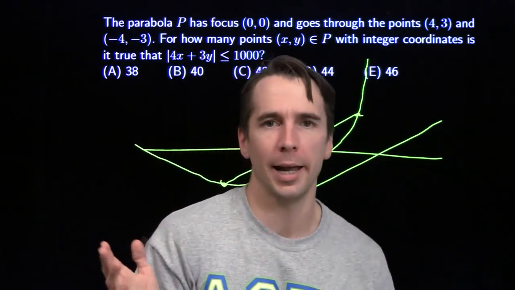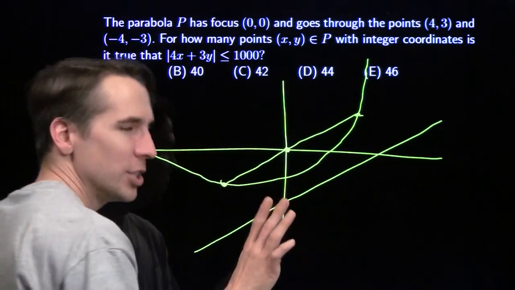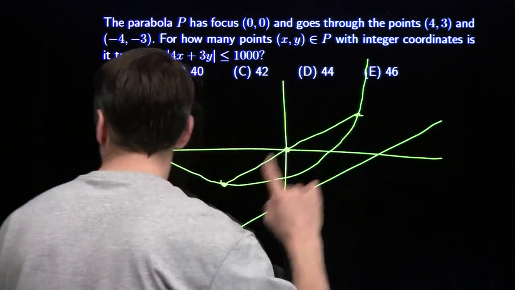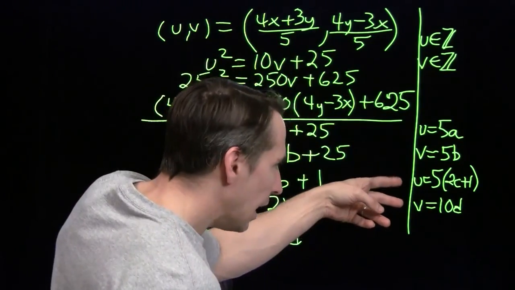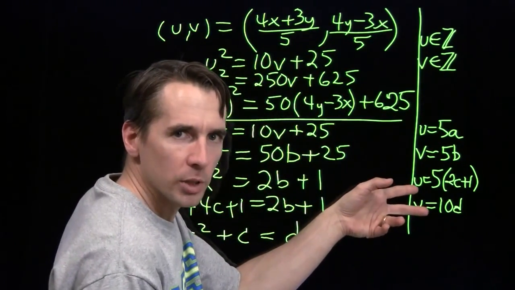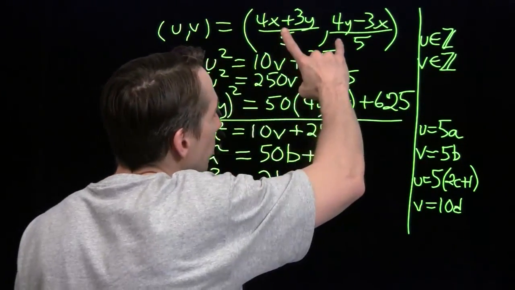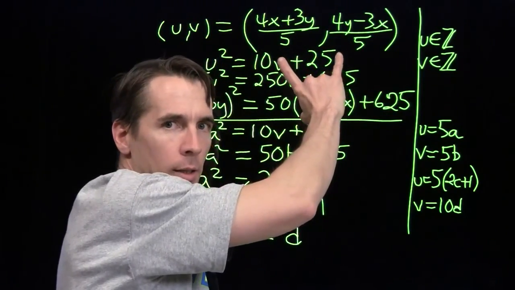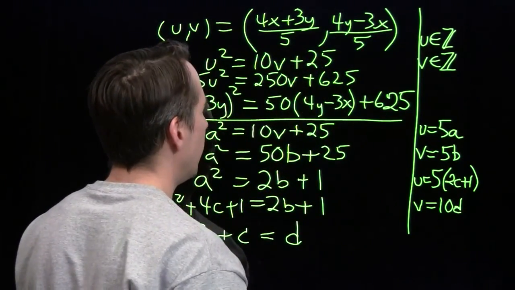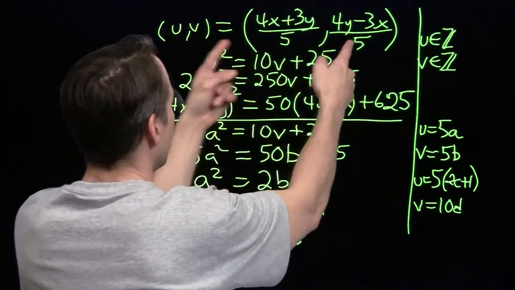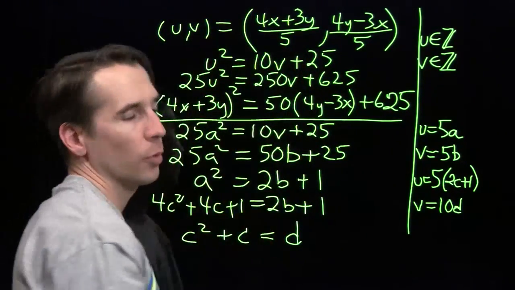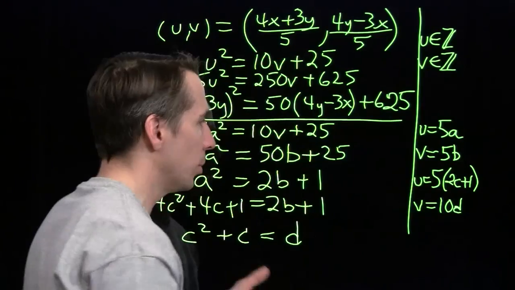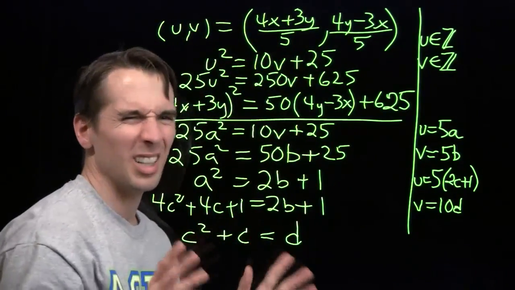Now that's probably not going to happen. We should check it out. We're going to go ahead and check it out because we have the time. We don't have a time test here. We're going to find out exactly why every single one of these lattice points u and v comes from some lattice point x, y. Now, how are we going to do that? Well, we could run this backwards. Solve this for x and y in terms of u and v. It's just a system of linear equations. You can do the algebra, and we can even jam these things in here. That sounds like a mess.